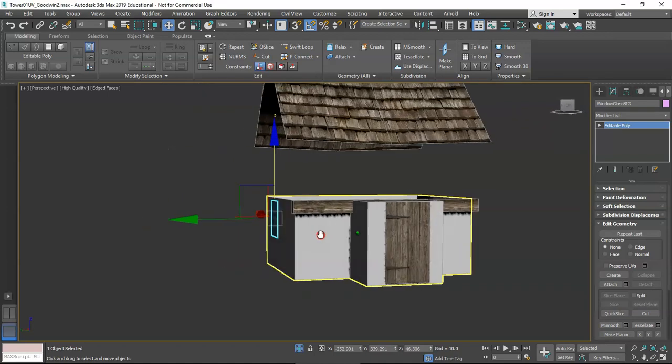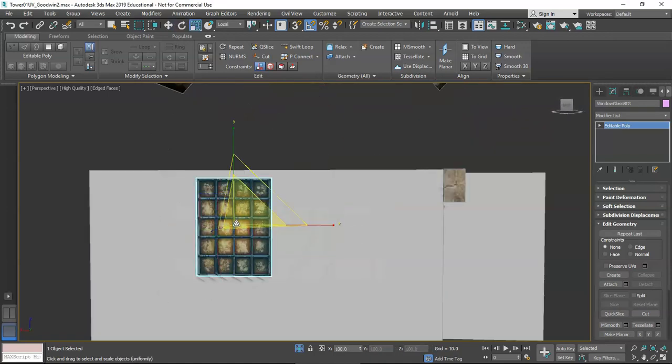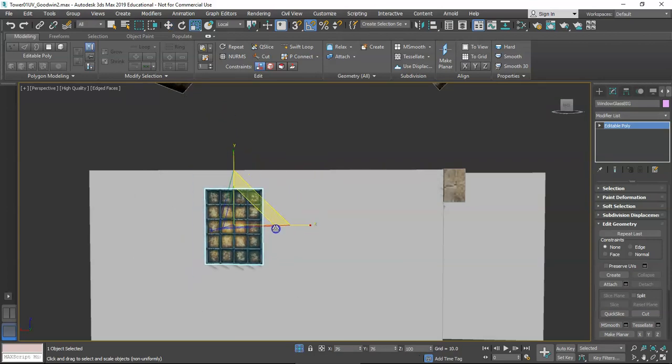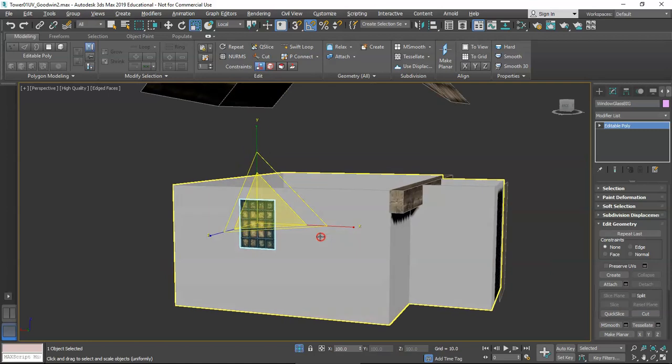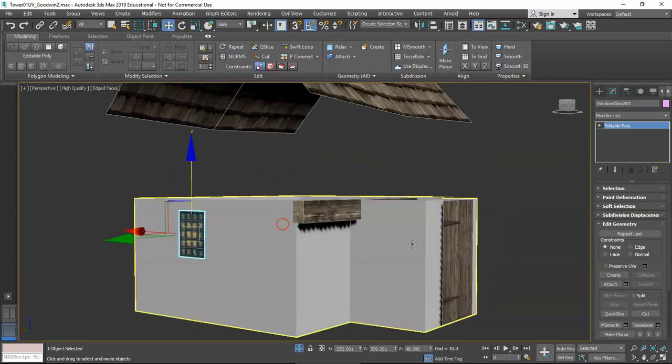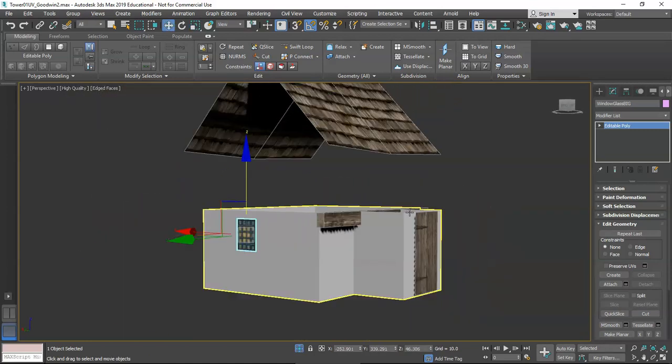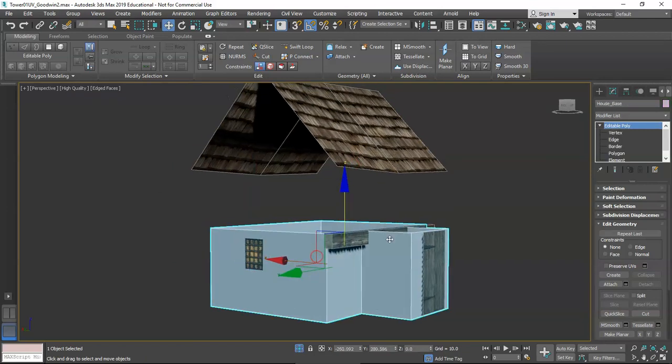It's a really gigantic window. I think I'm going to scale this down on the X and the Y a little bit. Let's see. There we go. It's a little bit better size for that. And we're going to